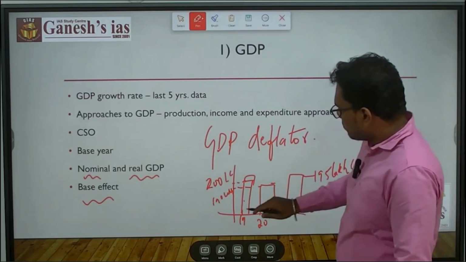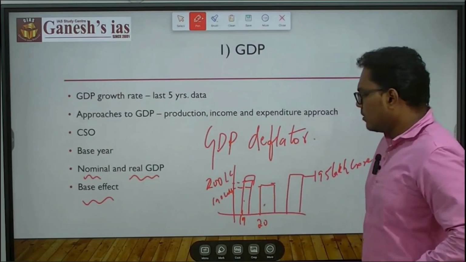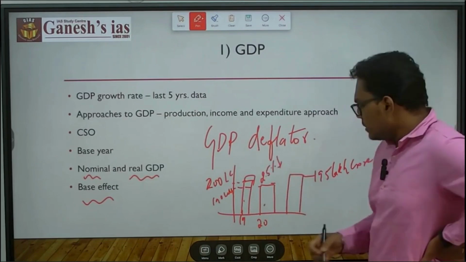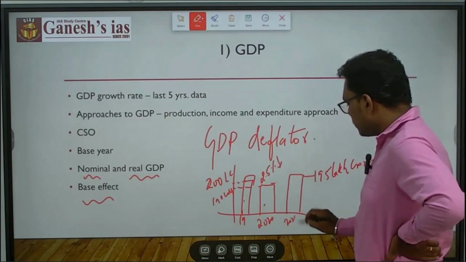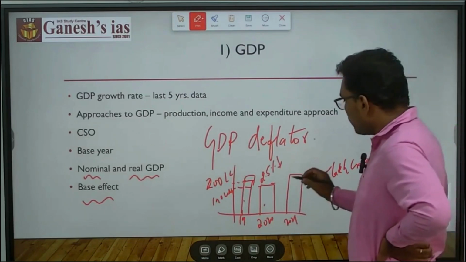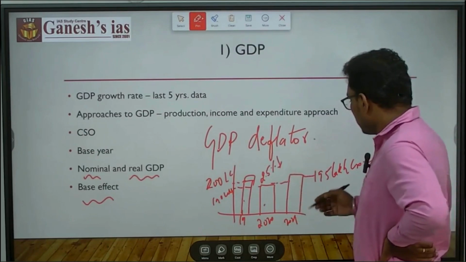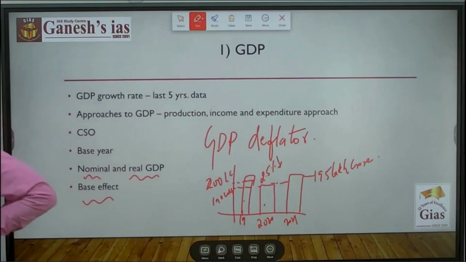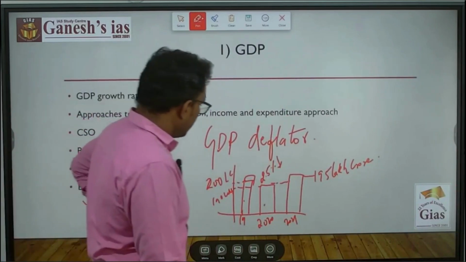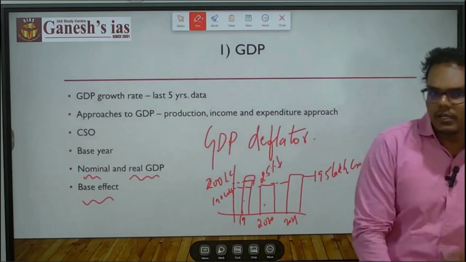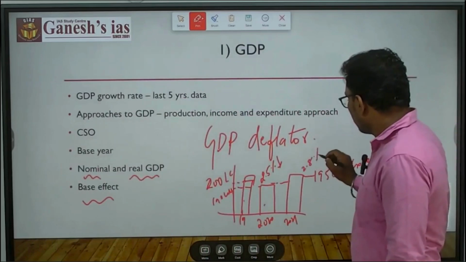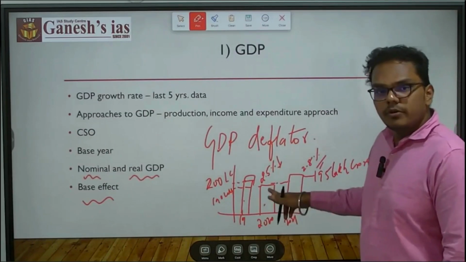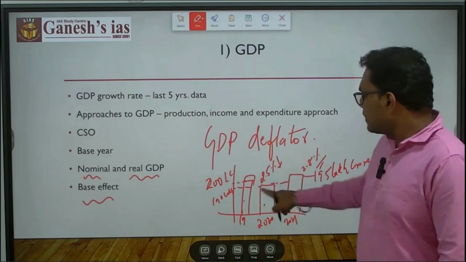So if you see, between 2019 and 2020 you have a 2.5% decline, whereas between 2020 and 2021 you have, how much is it, like 5 lakh of 190. 5 of 190 is roughly 2.5, that's again somewhere around 2.7, 2.8% growth. So between 2020 and 2021 your economy has grown by 2.8%, but in reality, compared to 2019, it's still